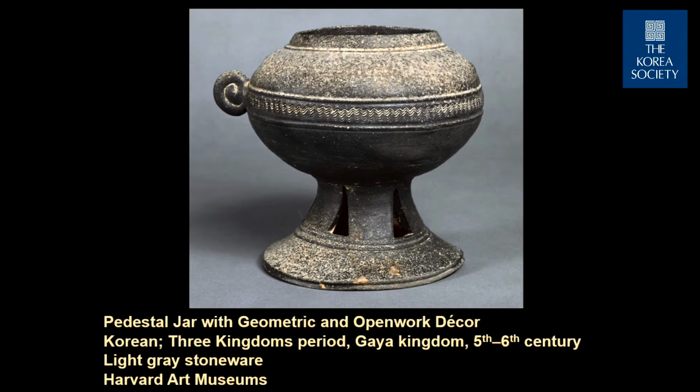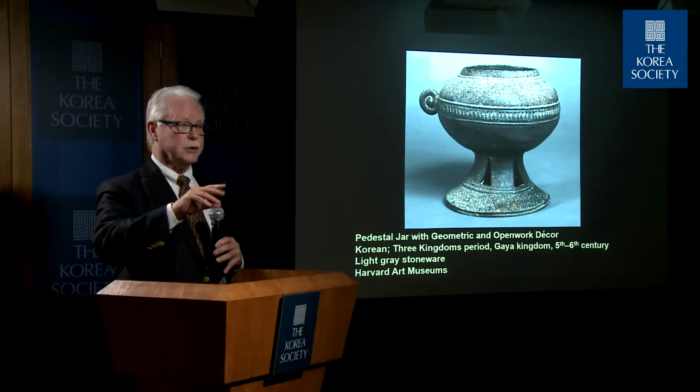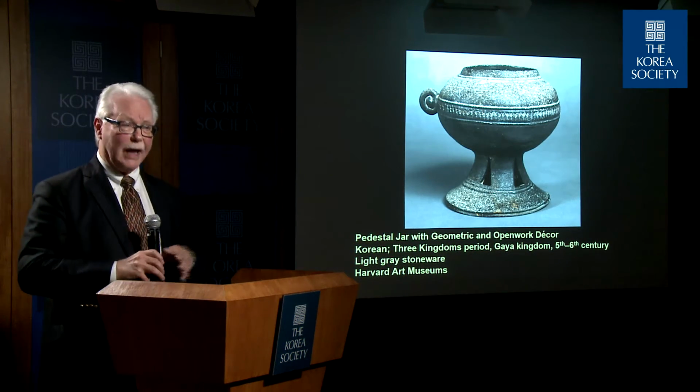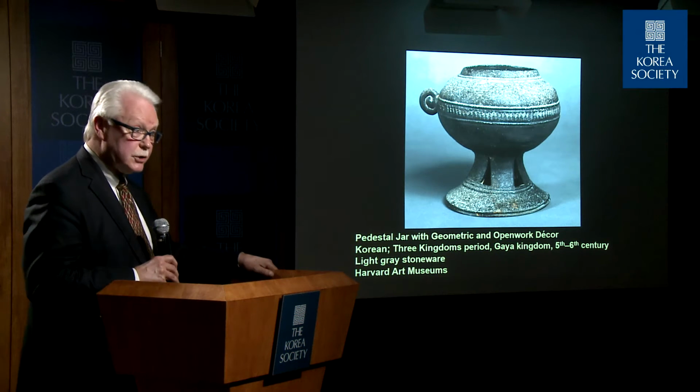Some places of manufacture will have square or rectangular openings in the pedestal base. Others will have elongated triangles, as you see here. They give a lot of indication as to where the piece was produced. The ones with the elongated triangles tend to be produced in the Kaya Confederacy. Those with squares, particularly squares or rectangles in two registers that alternate in checkerboard fashion, tend to be produced in Silla,